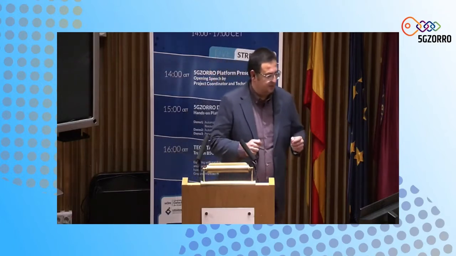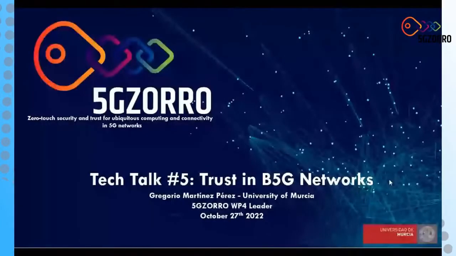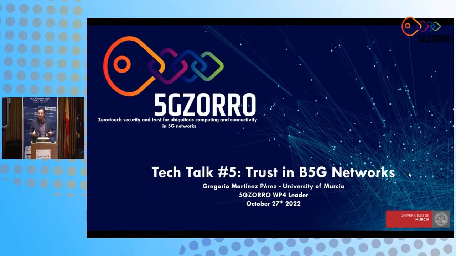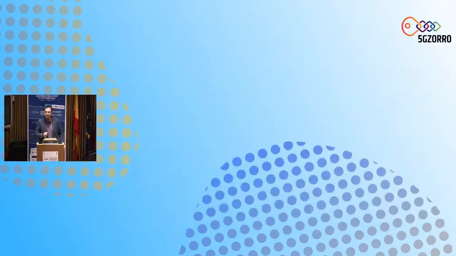So this is 5GZORRO, its final event. Let me recap what 5GZORRO means. This is zero touch, security and trust for ubiquitous computing and connectivity in 5G networks. From the title, based on the words from my colleagues Schweib and Giacomo, and also from the use cases, we have been seeing both the theoretical perspective and also the practical side on the 3 use cases. Now we are zooming in into the word trust. We'll be presenting the view from 5GZORRO. Both my colleague Diego and myself will be providing the standardization view and also how we are seeing things, but